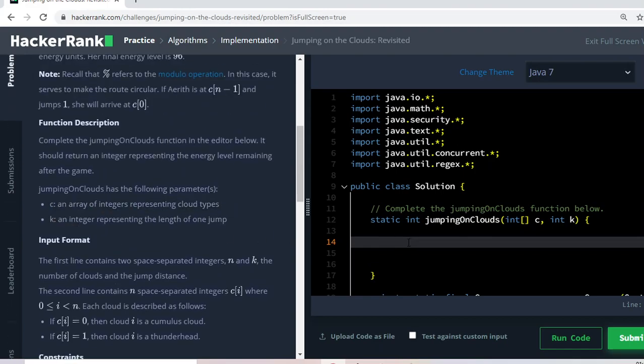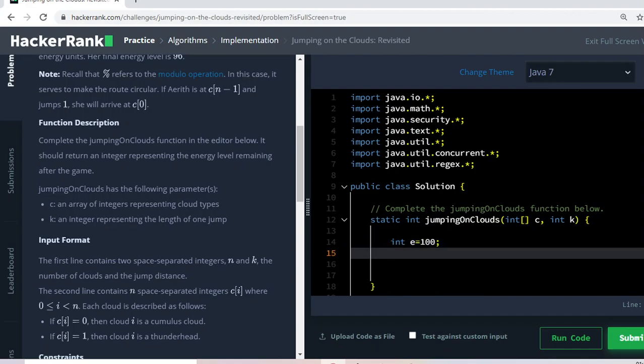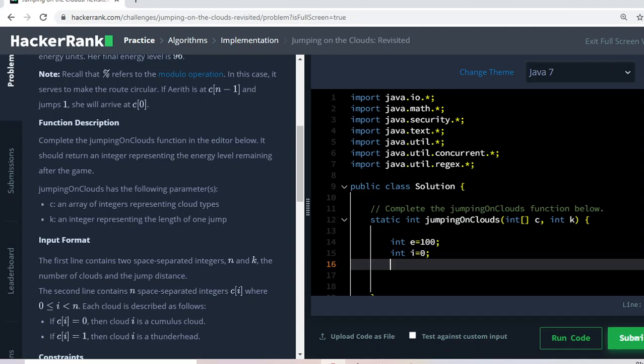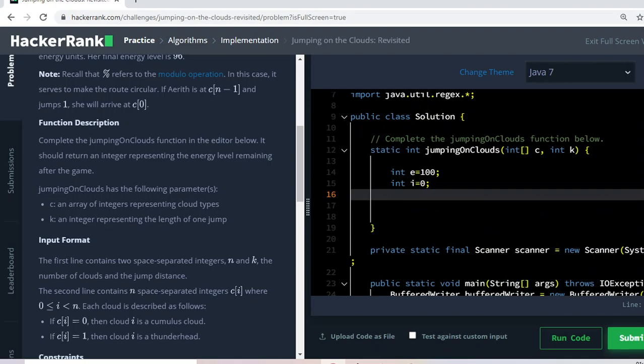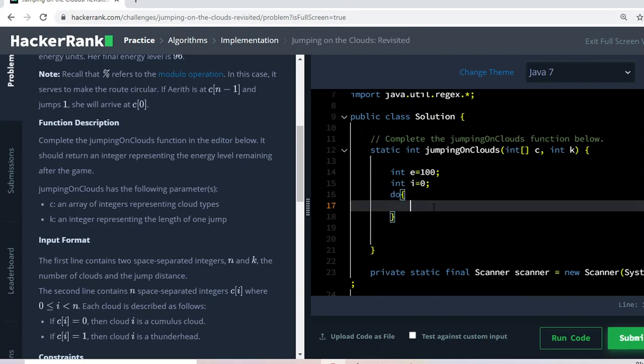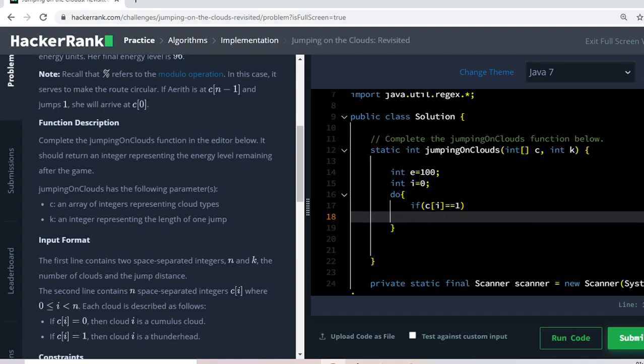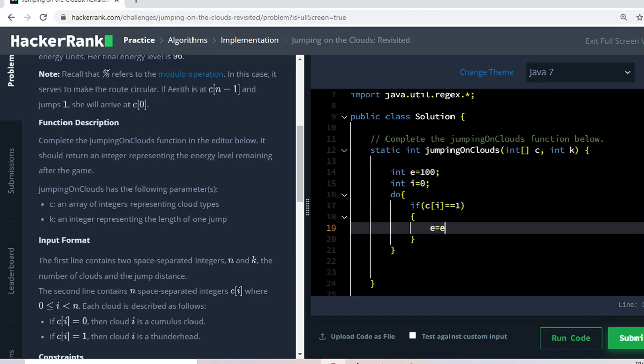Okay, here I am taking an integer e, initially it is 100 as the energy, and another integer i, it will be 0 for the cloud index. Now I am using a do while loop. If the array value of c is 1, then it is a thundercloud, so it will lose 3 energy total.